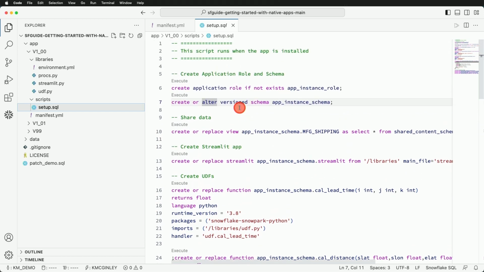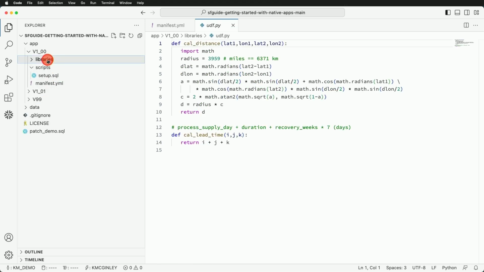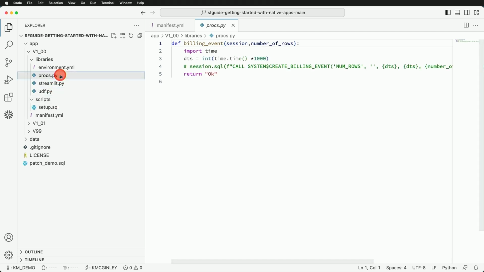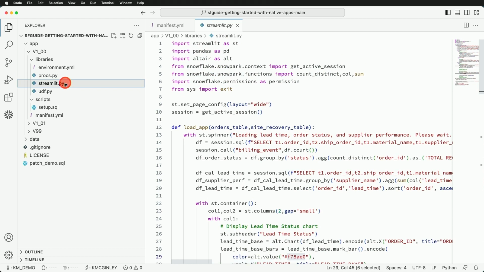So I've bundled those up into a setup script. Again, you can write very easy code to automate the compilation of this setup script. Then if we jump over here into this libraries folder that I told you to pay attention to before, we've got some UDFs, we've got some procs, but let's look at the Streamlit in a little bit more